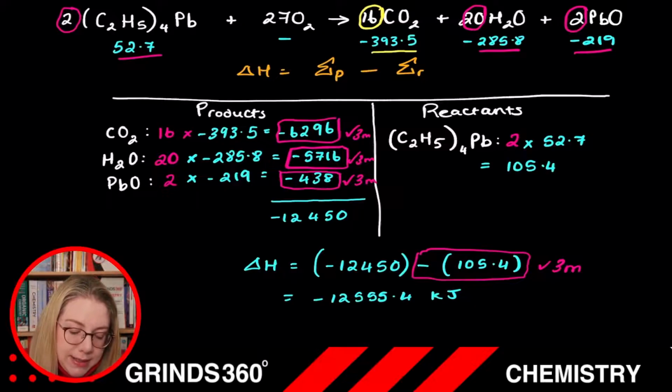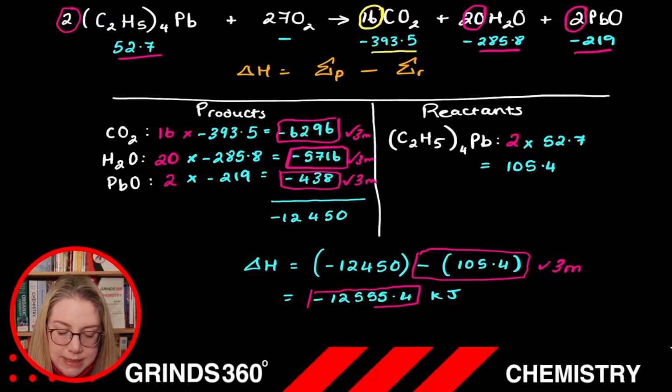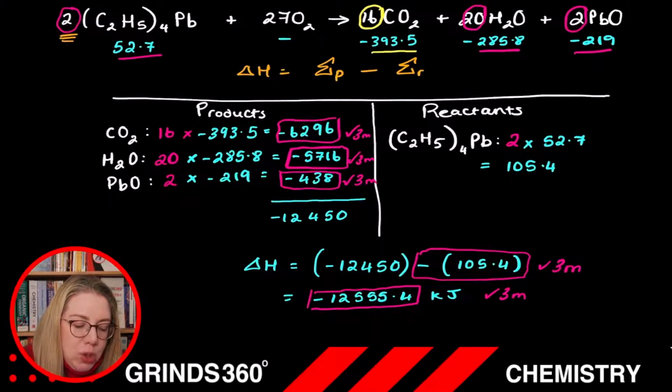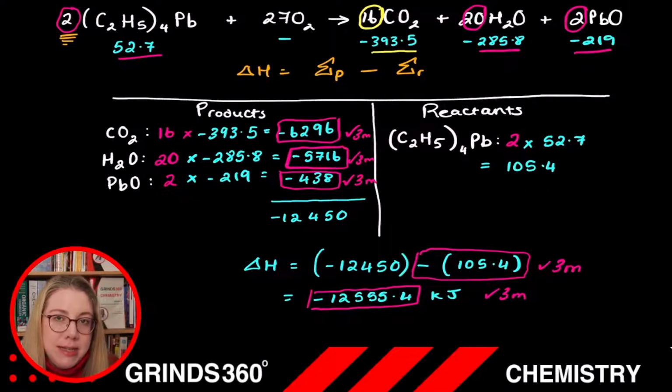That's another 3 marks. Now, if you add all of that together, you're now at 15 out of 17. So there's another step that we're going to have to do. What is that number? Based on the balanced equation at the top of the page, when 2 moles of tetraethyl lead completely reacts in oxygen to form those 3 products,